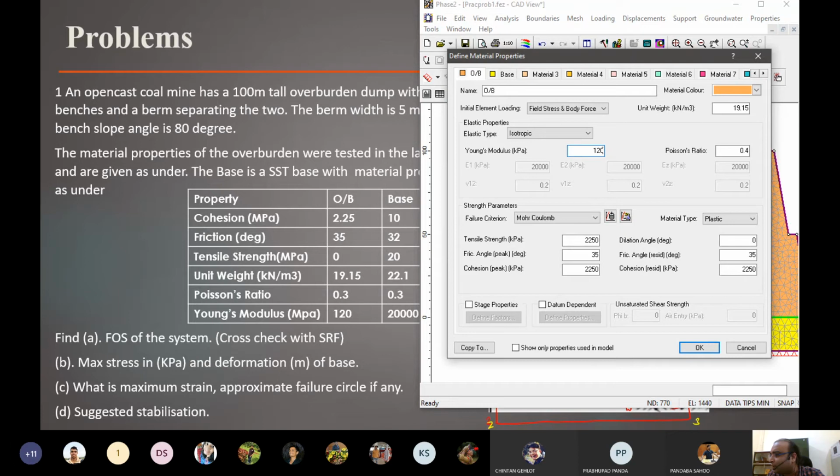So 120,000, right? Poisson's ratio has not updated somehow. So let's put it as 0.3. And 2250 is cohesion, that is correct. 35, 2250, sorry, tensile strength is 0. It's an overburden material, it's like soil, so it won't have any.